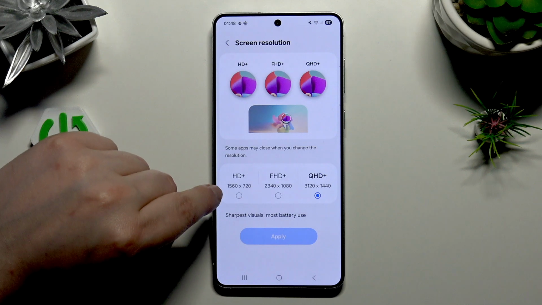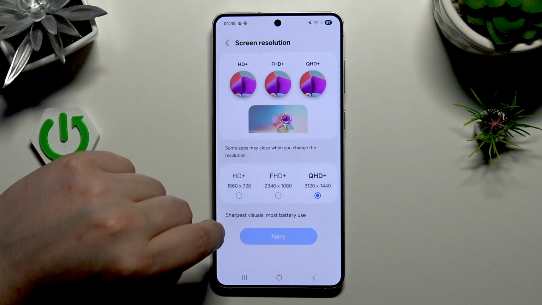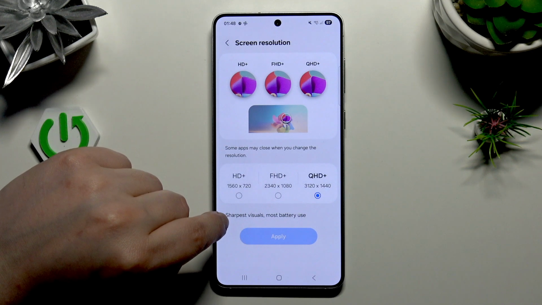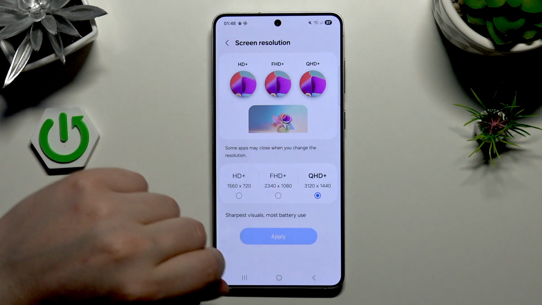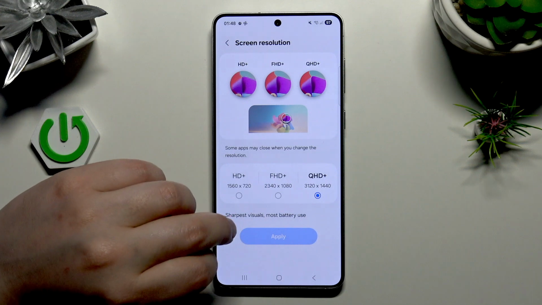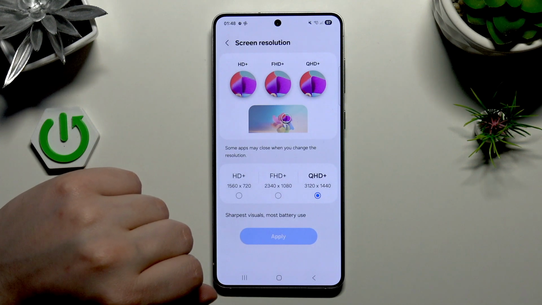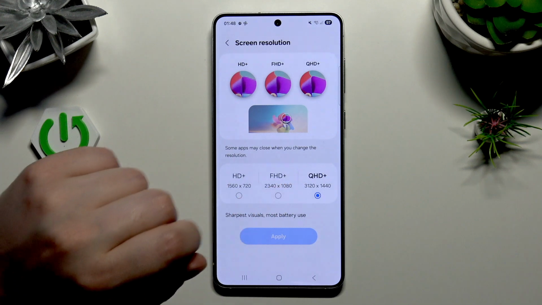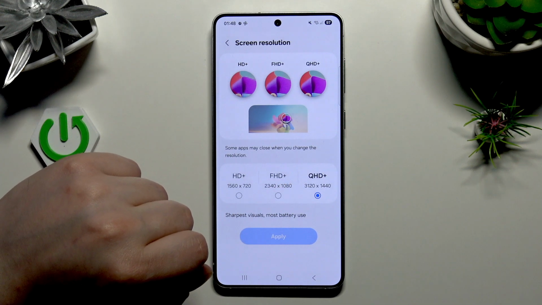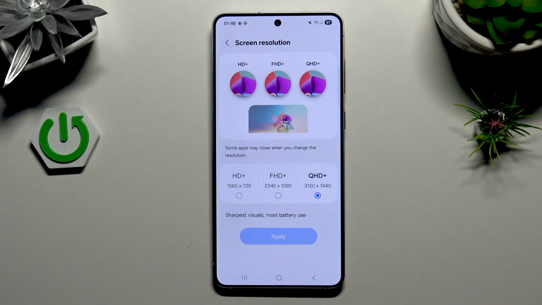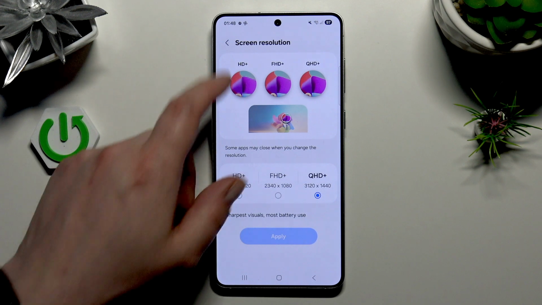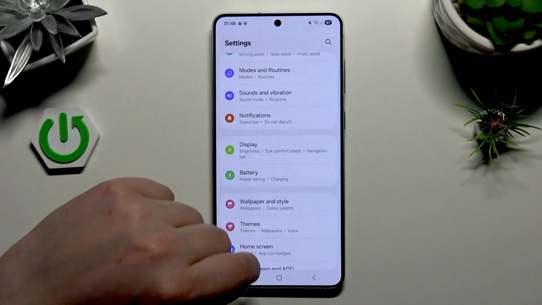It saves the battery, so if you're running out of the power and you don't have charger with yourself, you can of course enable it, but the visual of screen is worse. Of course the animations will be worse, so I recommend to use it on QHD+, of course. You're watching the videos on high resolution, which is pretty nice, or gaming on high resolution. I recommend this feature. Let's move to the next trick, and it's gonna be